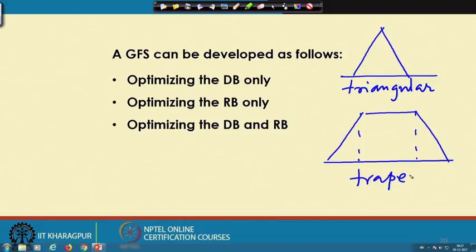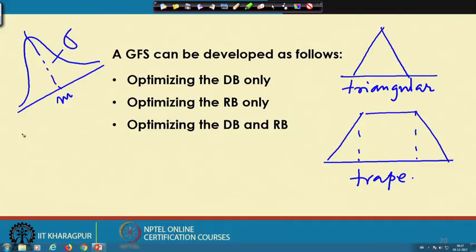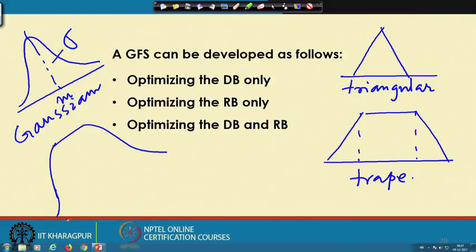Next, we use some sort of Gaussian distribution. For example, the Gaussian distribution could be something like this, and this particular Gaussian distribution is decided by the mean and the standard deviation value. So, this is nothing but the Gaussian distribution of the membership function distribution, and sometimes we use the bell shaped curve, like for example, it will be something like this. So, it is almost similar to this. So, this is nothing but the bell shaped curve,